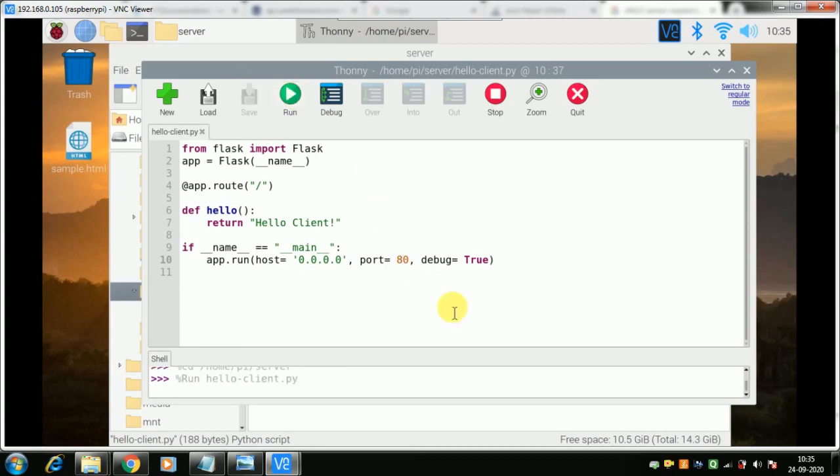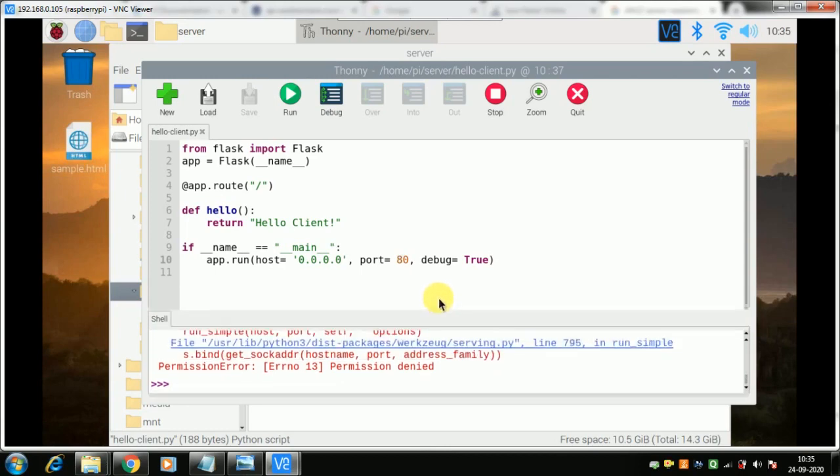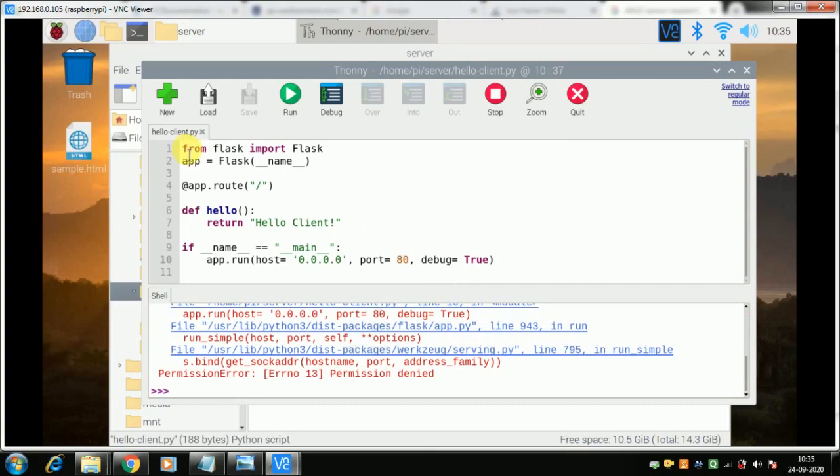What you need to do is, you cannot run it here just like this. If I run it here, it will show me some error, because you are running a server, you need super user permission, but I am running as Pi, and Pi by default is not a super user or a root user, so we need root user permission. So how can you run it? Yeah, you found it right.